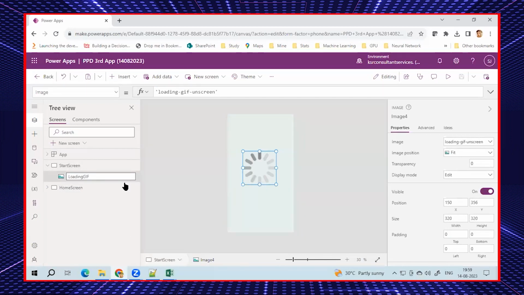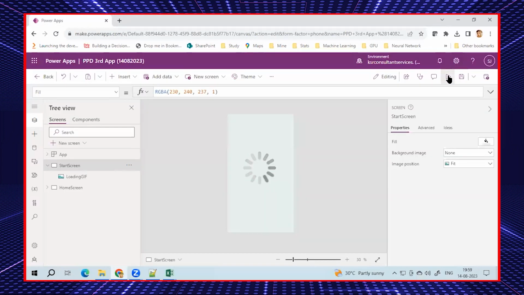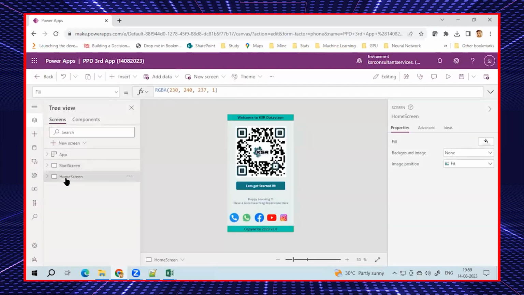What is the full form of GIF? Graphics interchange format. Not required for us, but our requirement is to have this. Okay. So the first screen is done. The second screen is done. Now, if someone clicks that, let's go, it has to go to the third screen, wherein which I'll have a login information. Okay, first loading screen, then a home screen. When I click a home screen, let's say I go and click that let's go, it is going to the